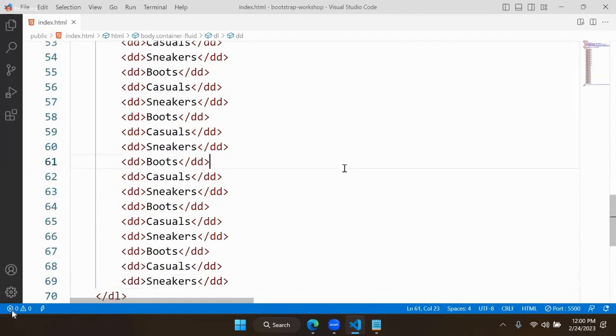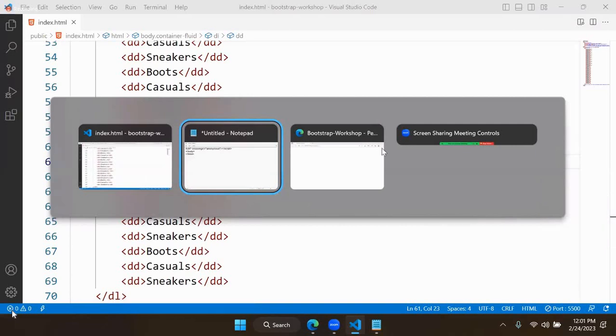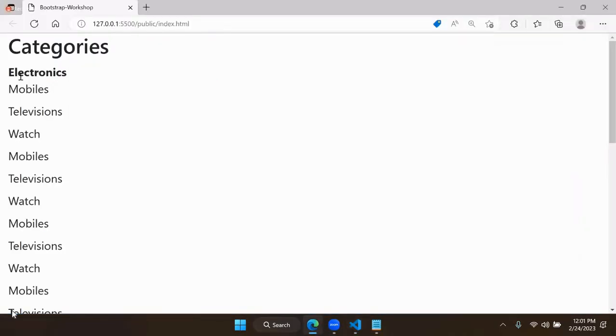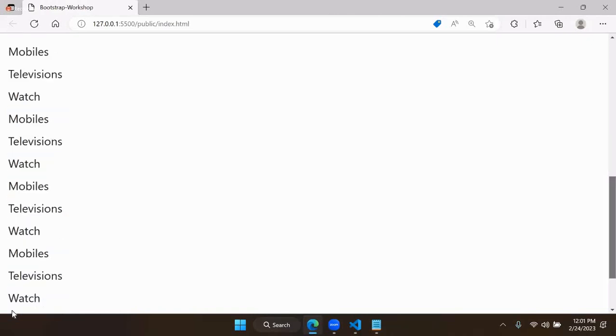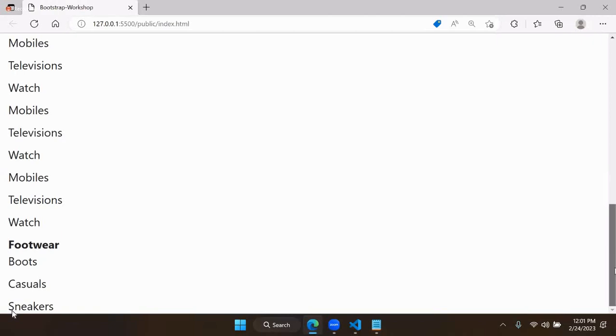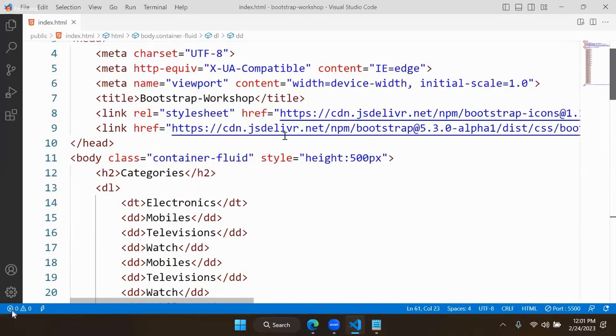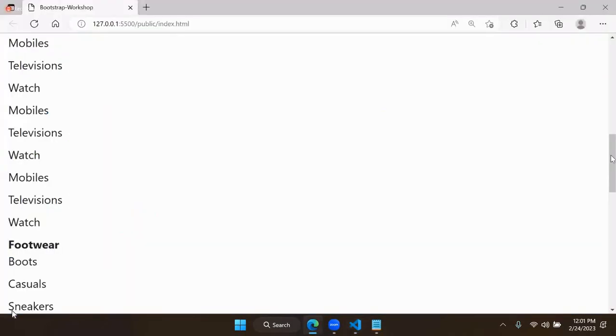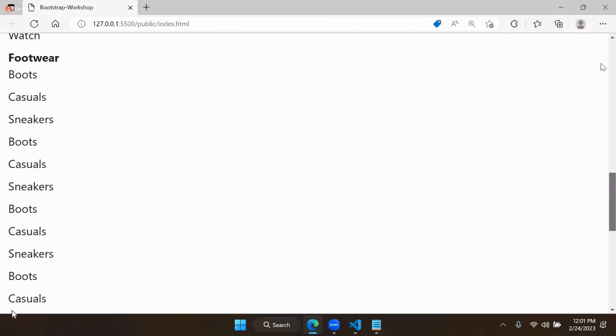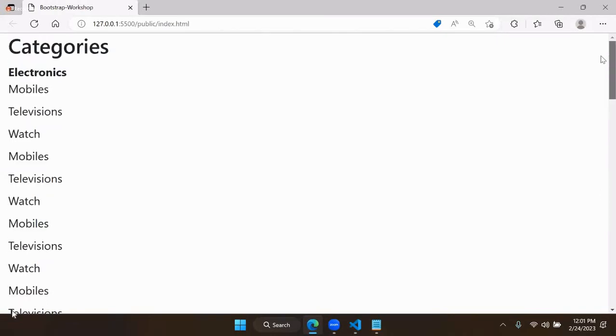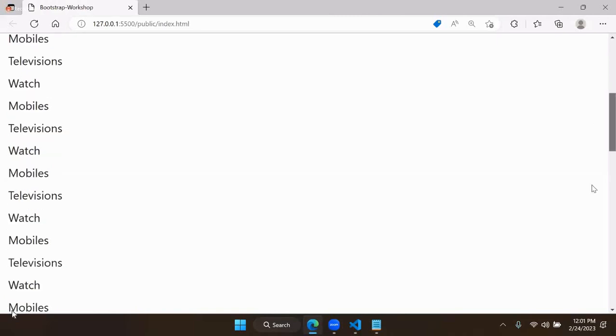Now see generally what happens. This is the page. In the page, a lot of categories are there. Electronics. When I am scrolling down, you can see these categories are scrolling up and down. That means for footwear also, I will copy some and save. I will change the height for this. Okay. Now you can see a lot of content is there. I can scroll. This is footwear. This is electronics. Generally, if a lot of such categories are present,